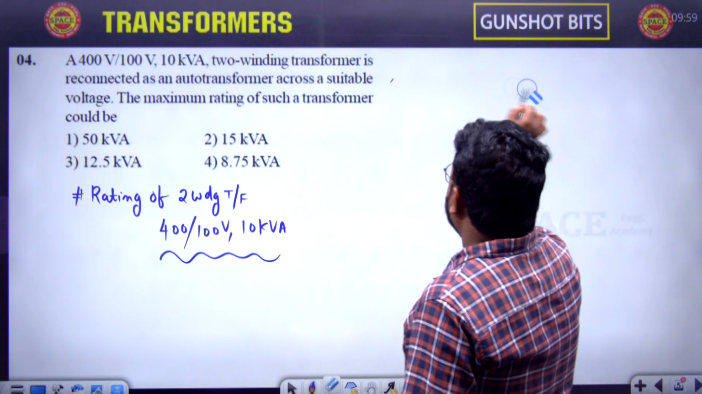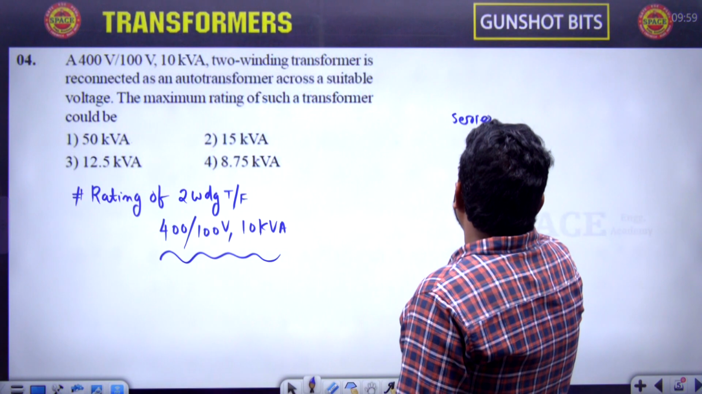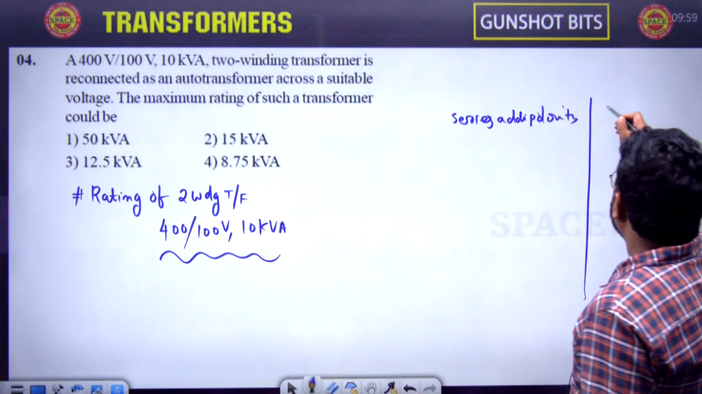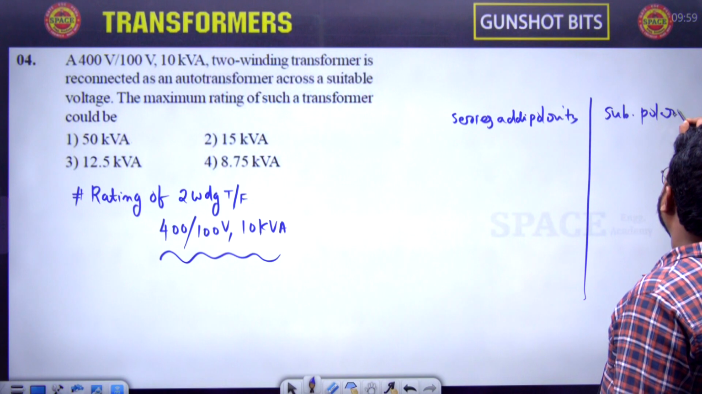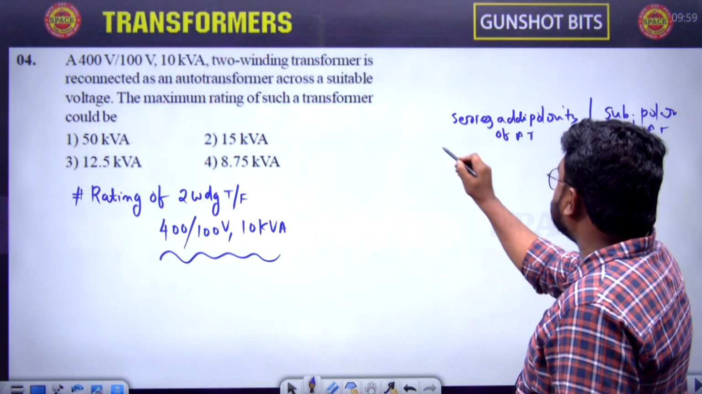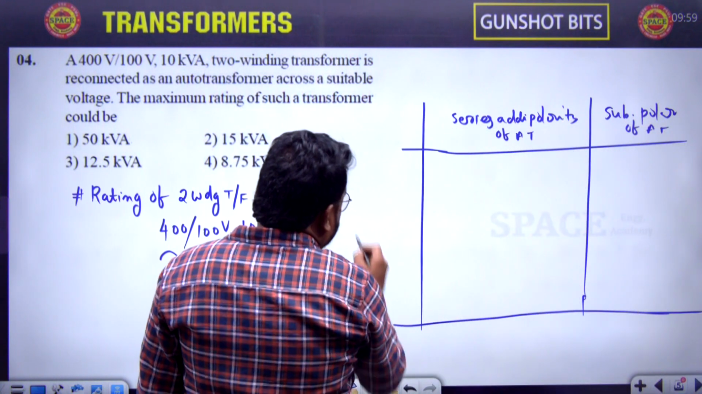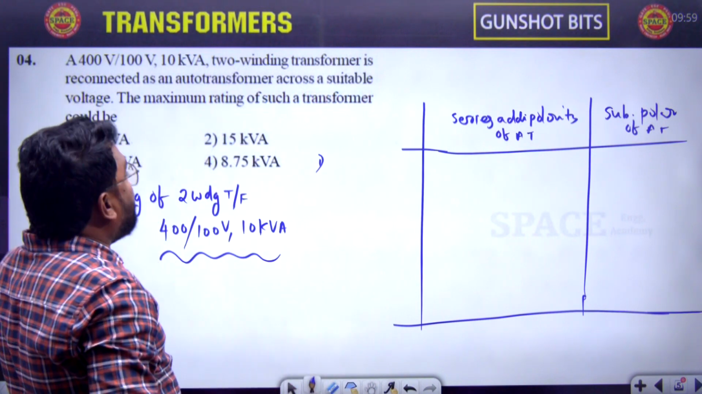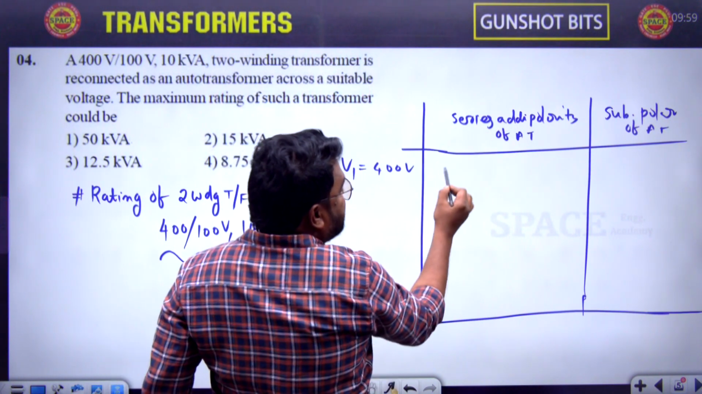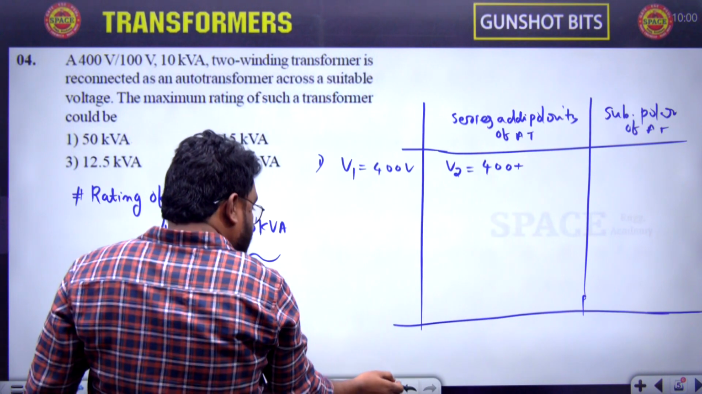Otherwise, I will make a table. Listen, we have two types of connection: one is series additive polarity, and the second one is subtractive polarity of the auto transformer. Now in this case we have two supply voltages. In the first case, consider the supply voltage is the high voltage. So consider V1 is equal to 400 volts. When it is connected in series additive polarity, V2 is equal to 400 plus,